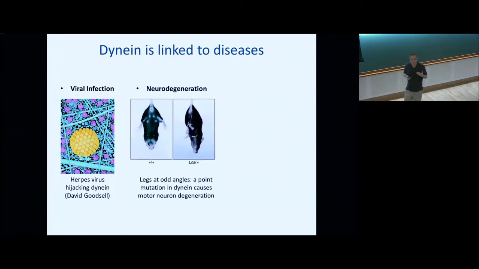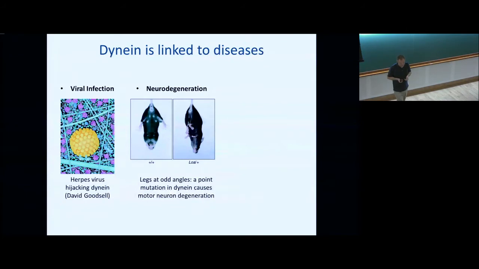Another set of diseases are caused by mutations in the dynein gene. So this is a wild-type mouse. When you pick it up by its tail, it hangs its legs out. But when you take this mouse with legs at odd angles and pick it up, it can't do that because of motor neuron degeneration. And this mouse is caused by a single point mutation in the dynein heavy chain gene that causes this phenotype. And as they're increasingly sequencing different human patients, they're finding similar mutations all over the dynein gene,